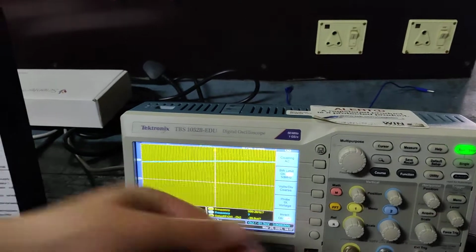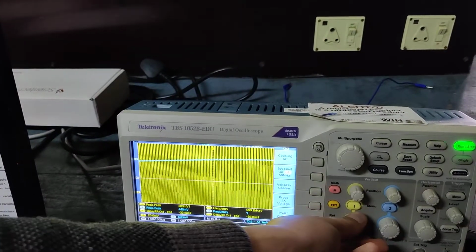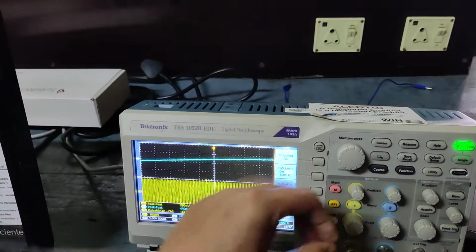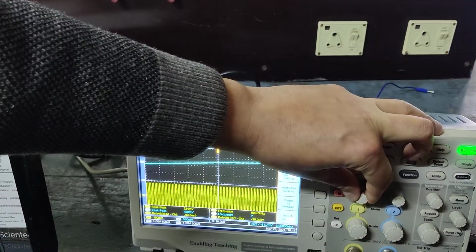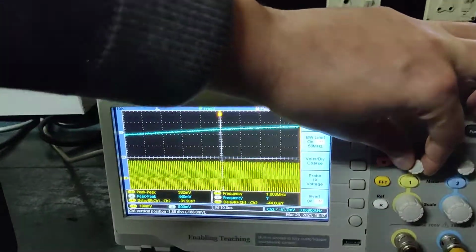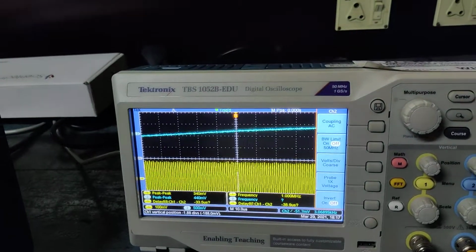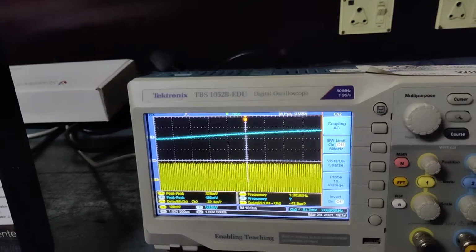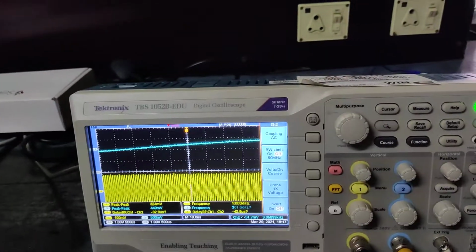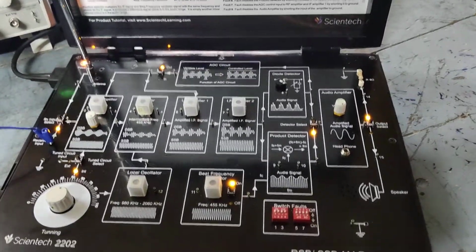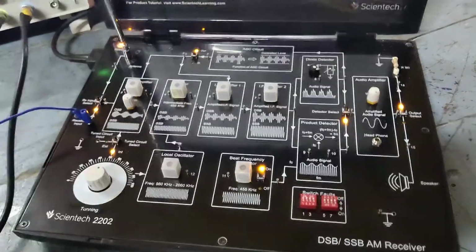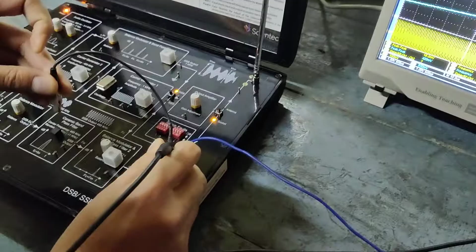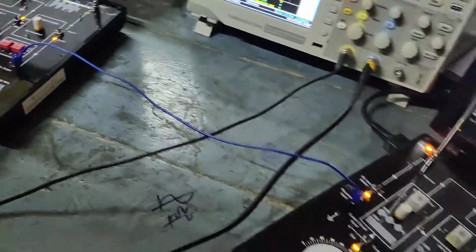Now you can visualize this output that has been obtained. This is the output that is obtained at the transmitter end. This is what is to be transmitted, and this signal is simply a single sideband signal. So this is our receiver. We are able to visualize this output from the transmitter end. Now we have to visualize the same here.